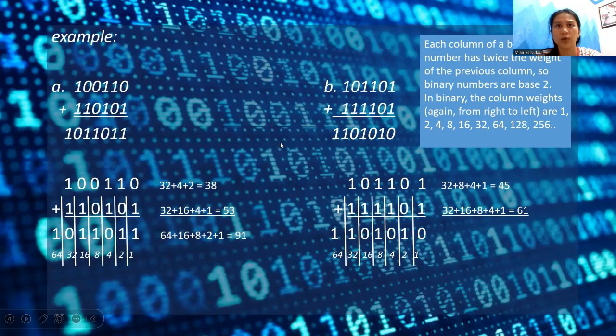In binary, 1 plus 1 plus 1 is equal to 3, so we carry 1 over to the next column. So 0 becomes 1, and 1 plus 1 is equal to 0, and we carry over 1 to the next column. So it becomes 1, 1. So here's the decimal value of this.